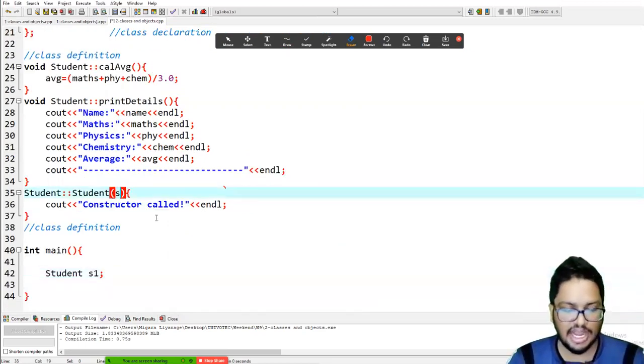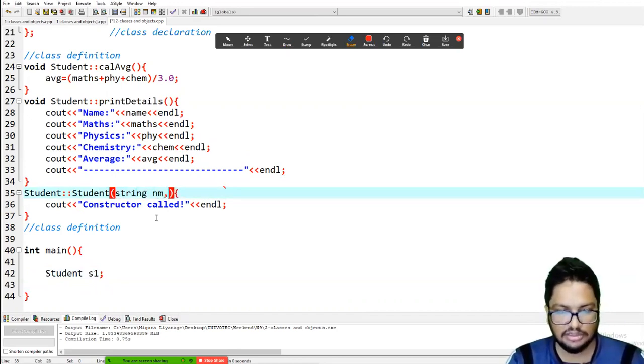We take some parameters for this function, like string, float.